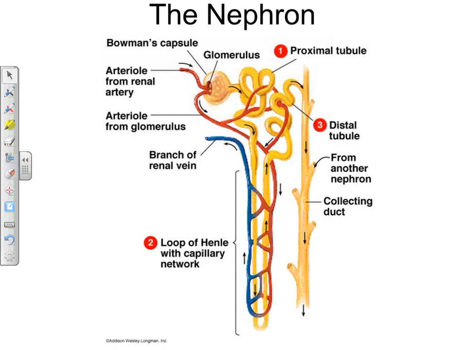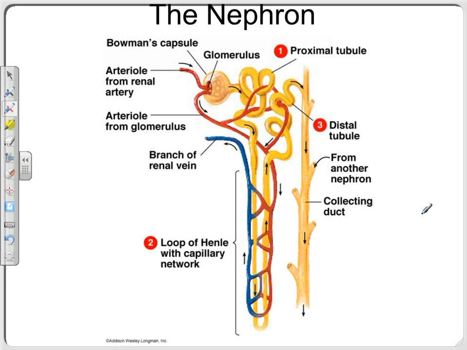So here's the deal. Blood comes in through this little arteriole. It goes into this mass of capillaries you can't see very well in this diagram. Inside this little funnel-like structure is a bed of capillaries called the glomerulus. That's a really important structure. It's a bed of capillaries. Capillaries are known for being leaky, right? That's where stuff can go in and out of the blood.